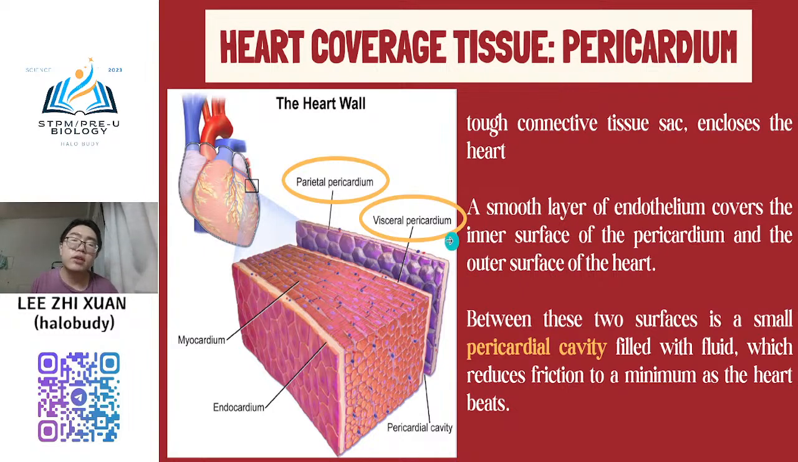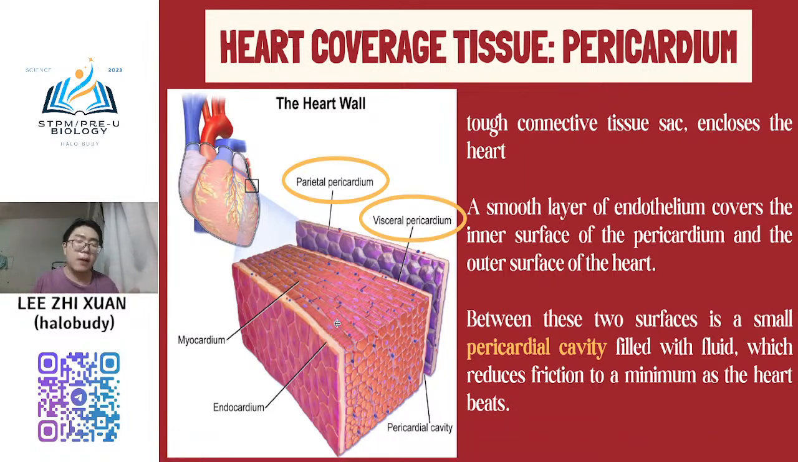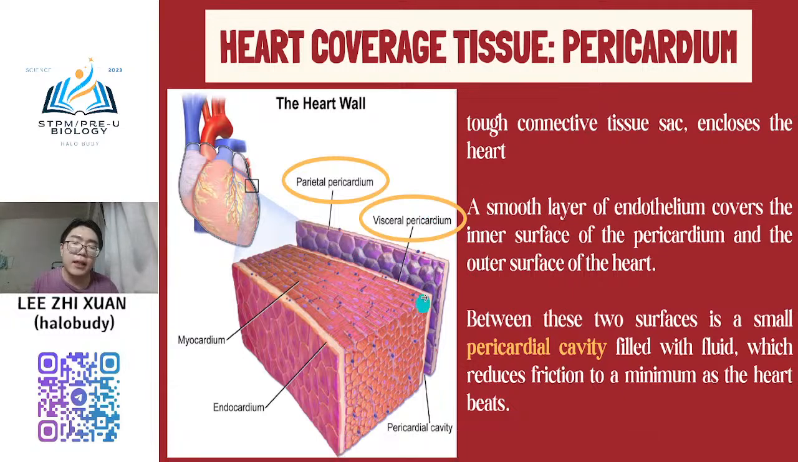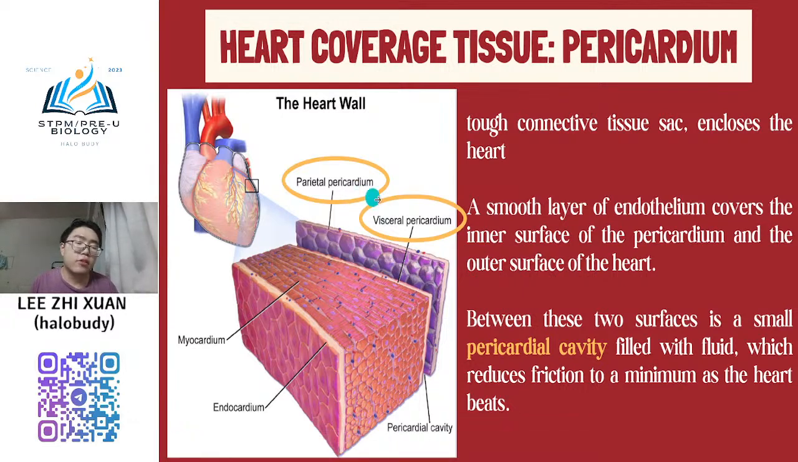This is the outermost layer coverage tissue of the heart. So if you see this diagram, this is the 3D diagram. When they make it up in 3D, you know myocardium and endocardium are types of cardiac muscle, and pericardium is the outermost layer. So there are two types of pericardium, but this one you don't need to know. You just need to know that pericardium is located in the outermost layer of the heart, and there is